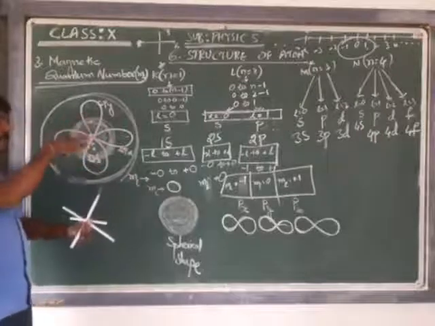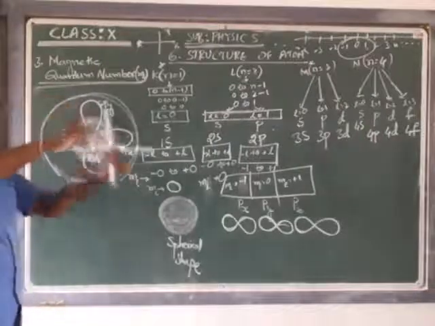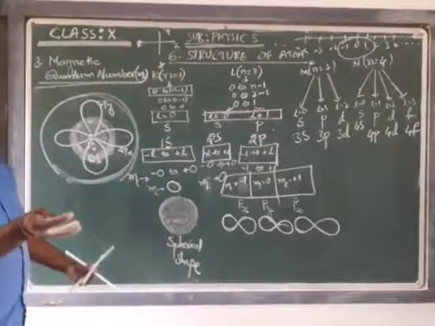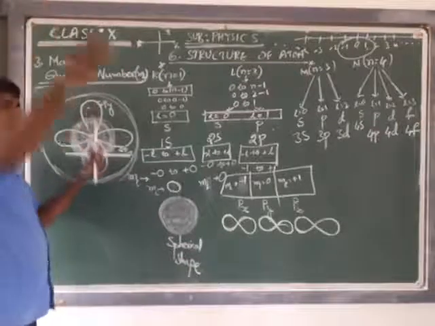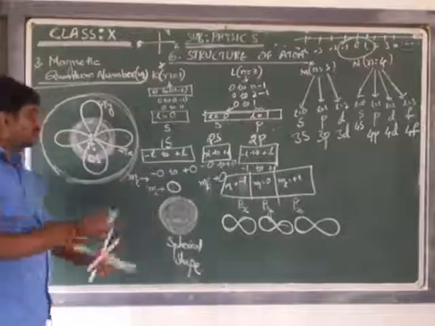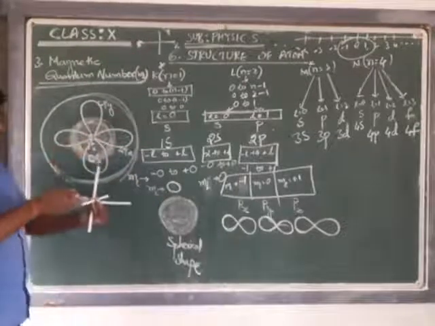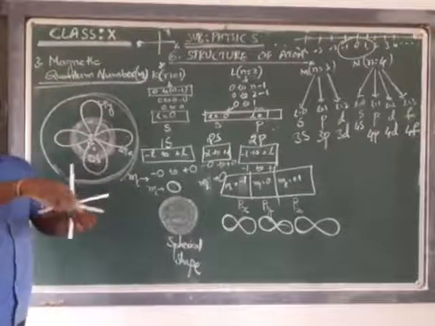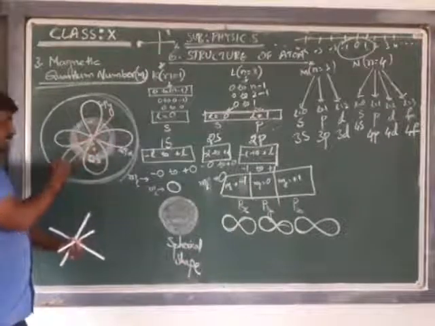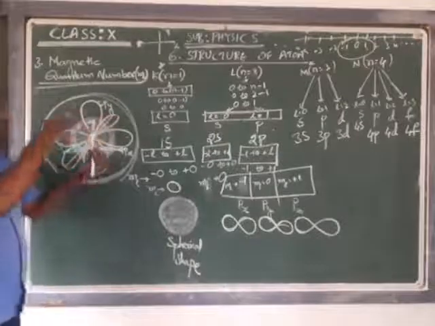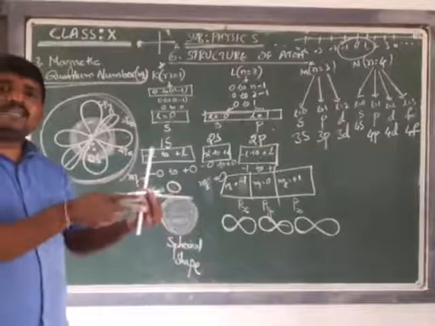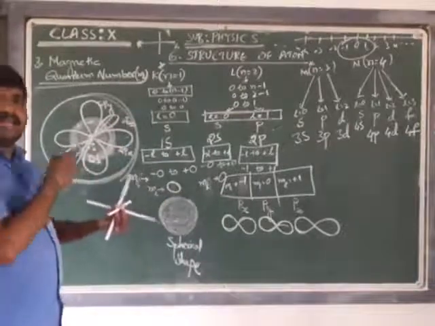This is 2p, out and in. Inside, there is a dumbbell like this. In and out of the board there is a dumbbell shape arrangement, that is taken as pz. Just to draw, assuming we are seeing from this view, I am drawing this, but don't take it side by side, it is actually exactly perpendicularly opposite to that. As I can't draw, I am just taking the reference, this as a pz. So this is 2pz, which is in and out. To draw, I am taking this. I can't draw 3D on the board.